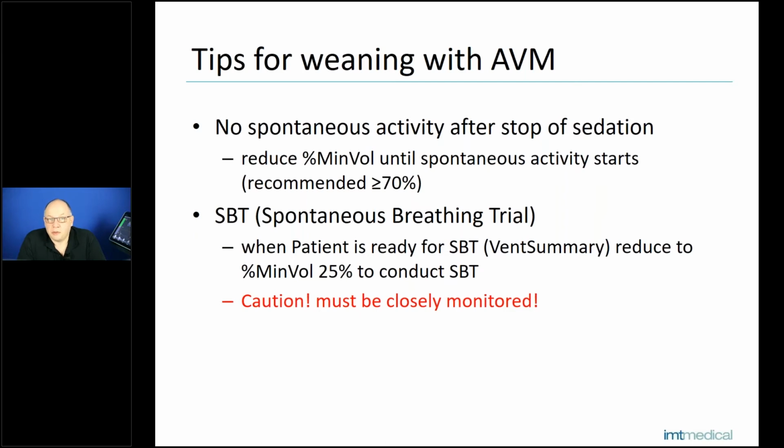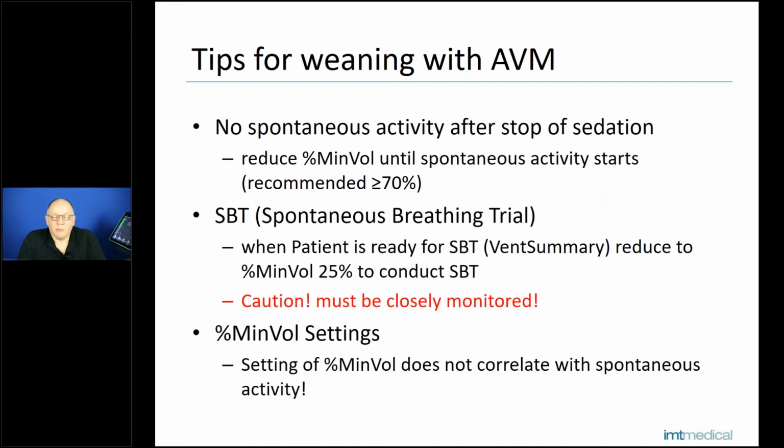This is a kind of guide. It's a clinical decision chart, and it's maybe helpful to always remind what you can do, how to work with AVM. If the patient has dyspnea, or the PCO2 is above normal, or the P0.1, which is an indicator for spontaneous breathing, is bigger than -3 centimeters of water, which means that the patient is very strongly breathing and is in need of air and support. When you can answer these questions with yes, then you have to increase the minute volume,